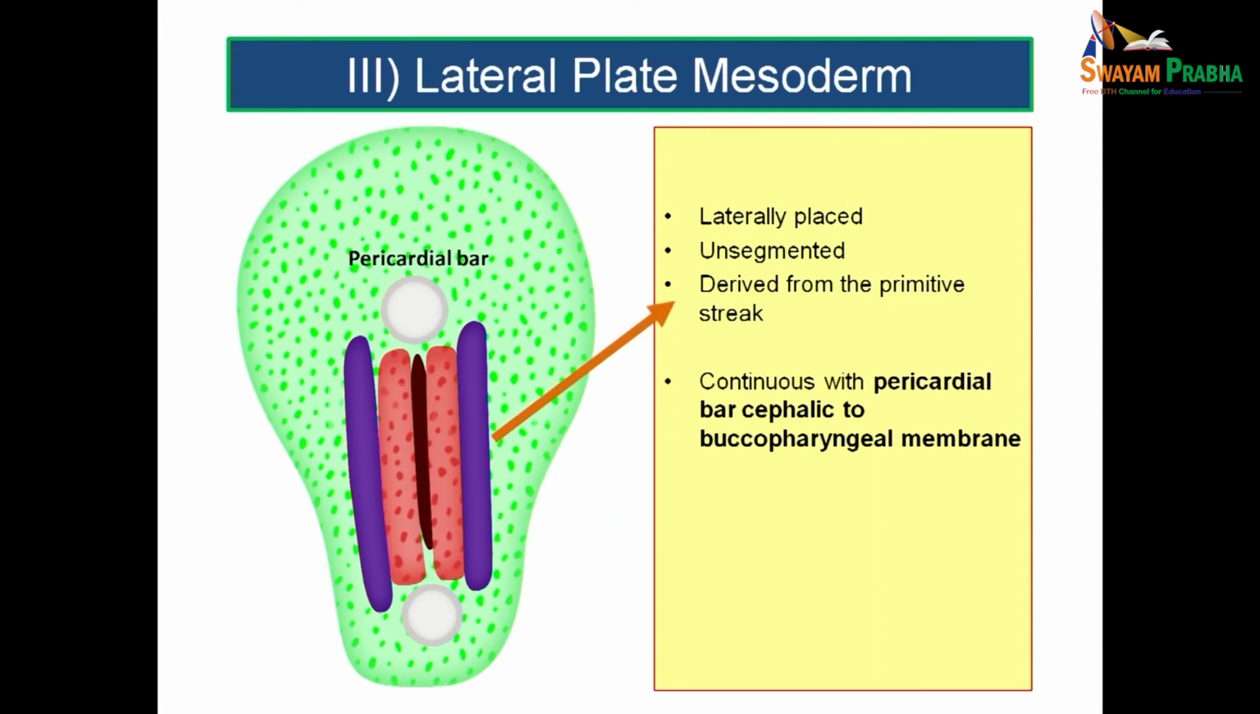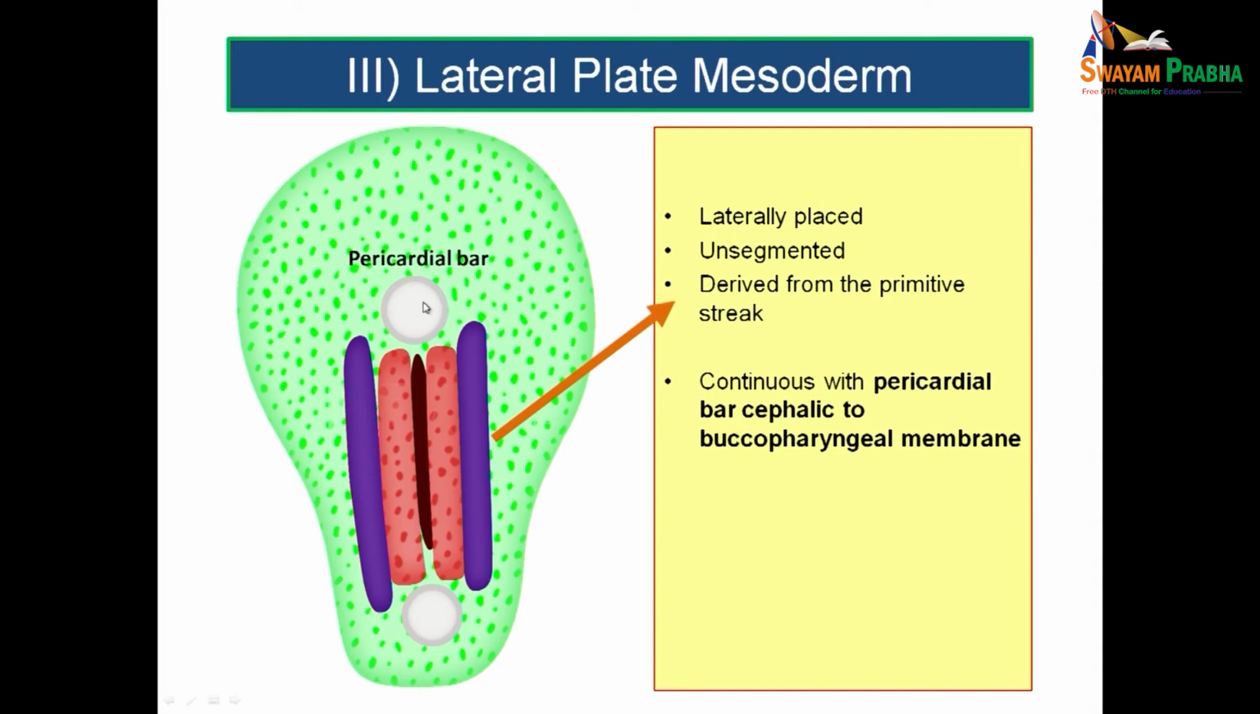This lateral plate mesoderm continues cranially. It won't be going in between the ectoderm and endoderm at the precordal plate. It will be just winding around, and it will be going cranially, and this will be continuous with the pericardial bar. Pericardial bar is again a mesodermal layer which is seen in the form of an inverted U cranial to the precordal plate. So, this lateral plate mesoderm will be continuous with the pericardial bar